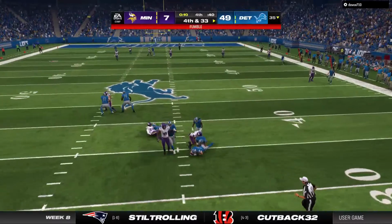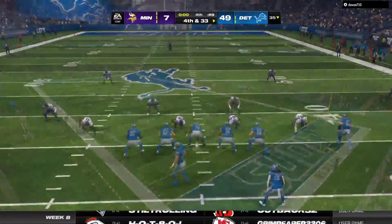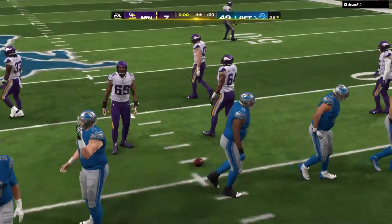Nowhere to go here. He lost the football. And now this ball picked up by the offense. But here in the final 2 minutes of the game,